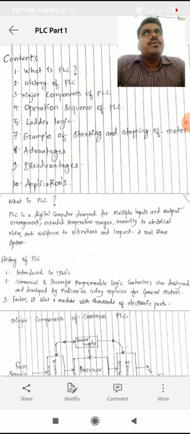So these new types of relays which are manufactured now have many advantages over the conventional relays. Conventional relays means the old relays.